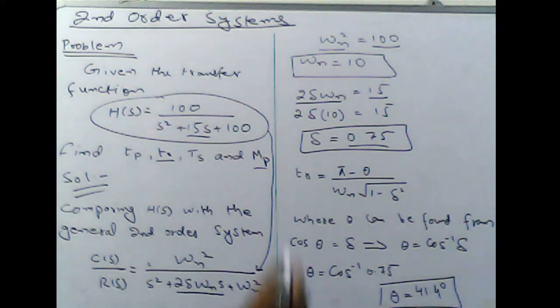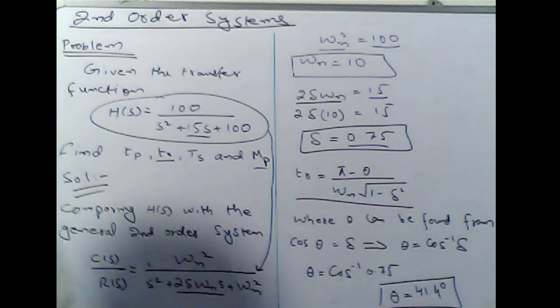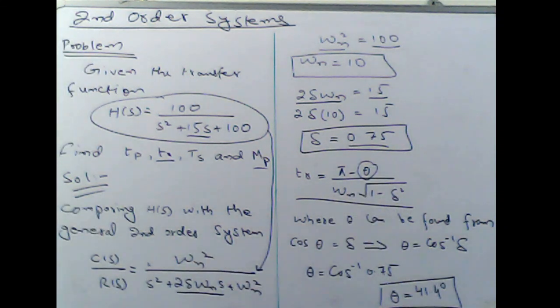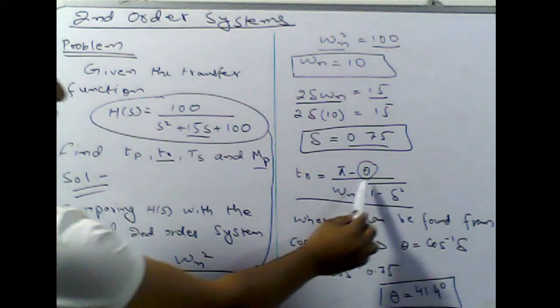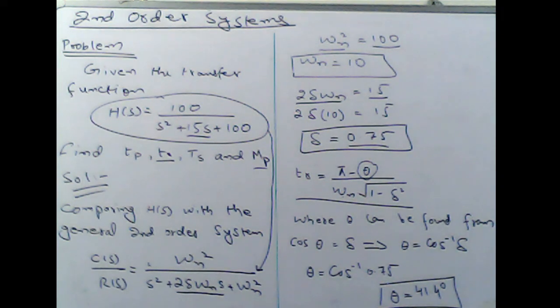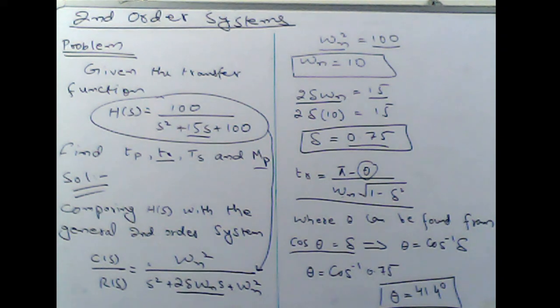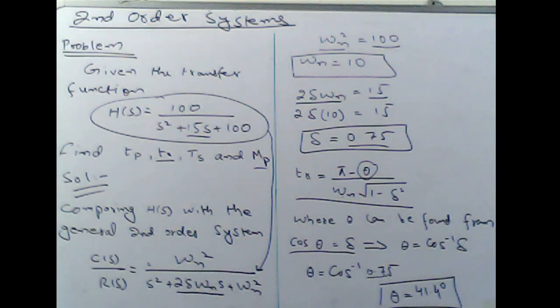Next, we'll find out the rise time. We know that rise time is equal to pi minus theta divided by omega n under root 1 minus zeta square. But here theta is an unknown quantity. Although we know the values of omega n and zeta, we don't know the value of theta. We can easily find it using the relationship cos of theta is equal to zeta, where zeta is equal to 0.75. So simply by putting zeta is equal to 0.75 here, we can find theta is equal to 41.4